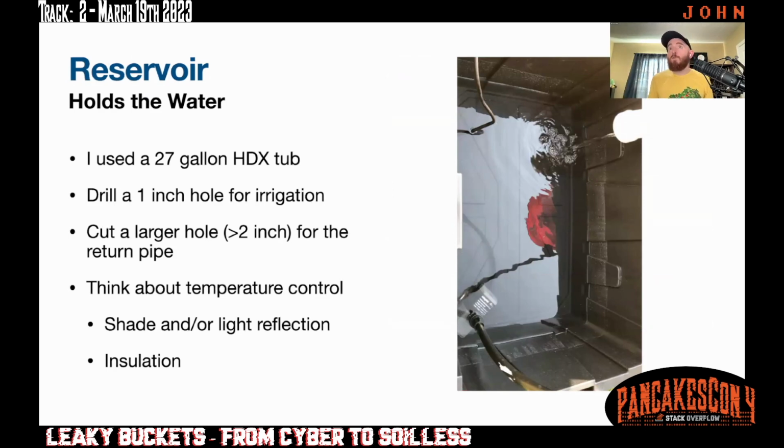When you're setting up the reservoir, you also want to think a little bit about temperature control. If you can put it somewhere where there's shade or where you can reflect light, that's going to help on the really hot days because you want that water to be cool enough. And you might even think about insulation. If you can bury it partially in the ground where it's at, or put some padding around the sides or something. Stuff you might want to think about early on in the process.